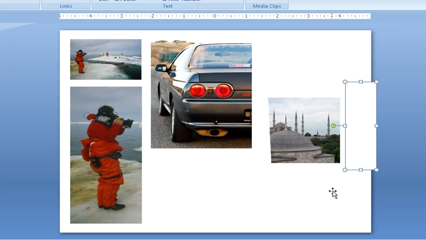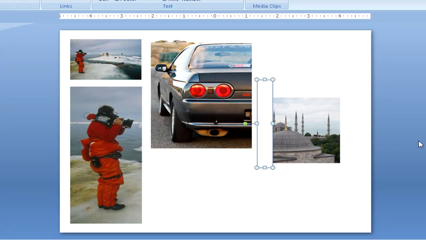Now I just did a Control-C and Control-V to insert it, and I'm making it a little narrower. And now I'm going to put it over here on this side, and I can do a fine adjustment by pressing the Control key and the left arrow key. You see, I can do this and sort of get it just where I want it. Okay, now that picture doesn't look too bad. It looks like the minarets are standing vertically, and I've been able to compose the picture pretty much the way